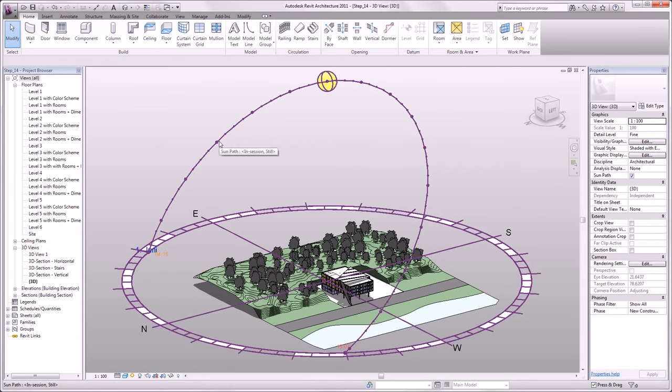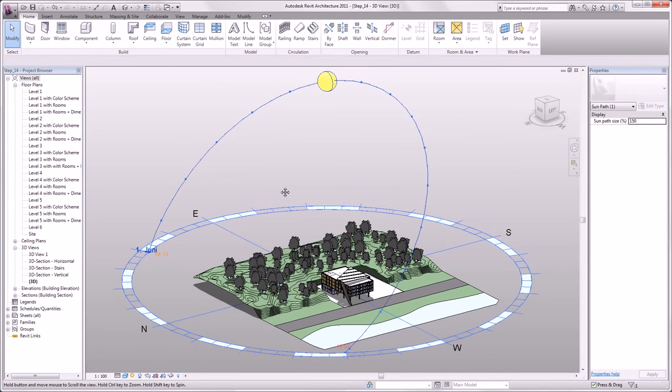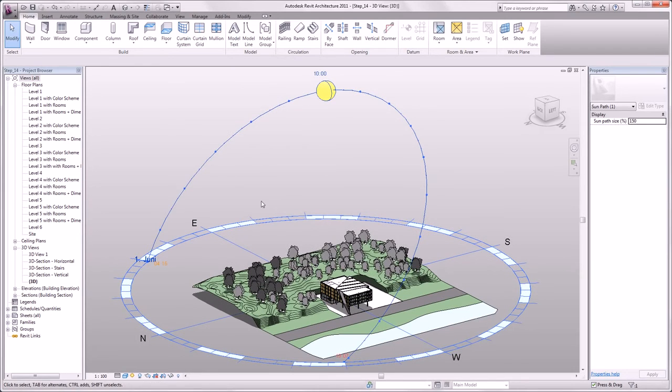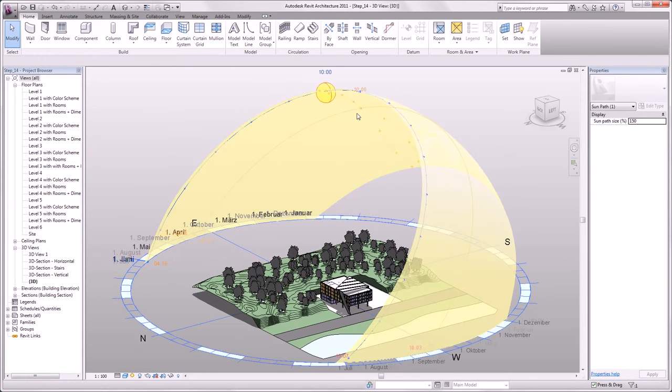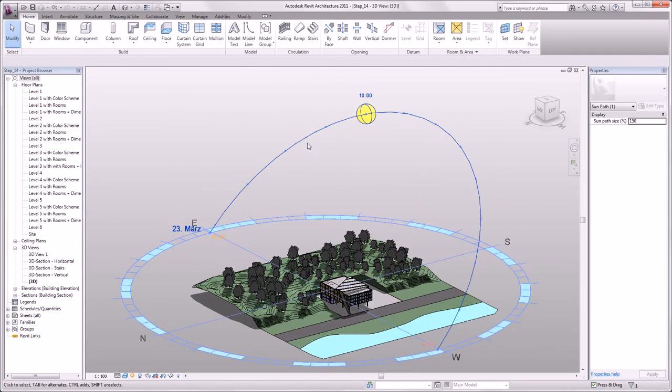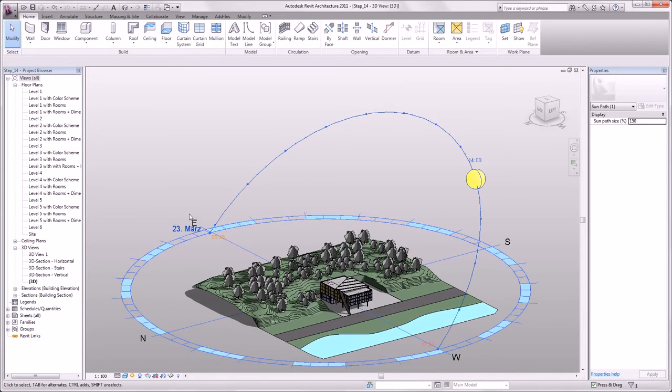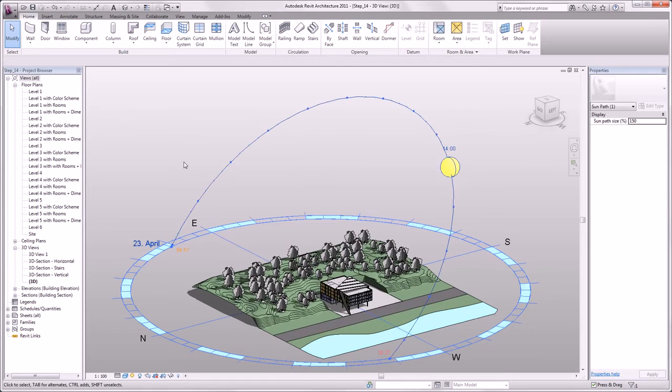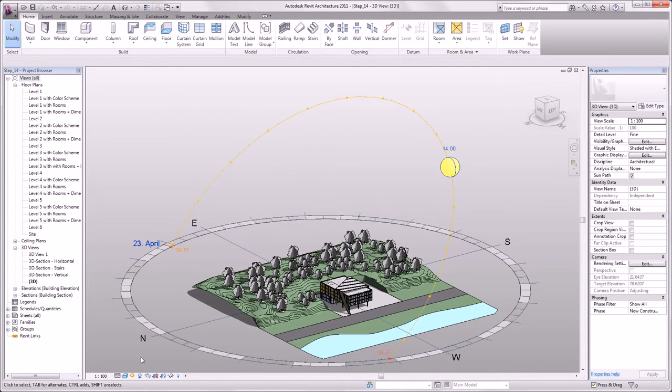If you click on our sun path, you have the possibility to either move the sun directly or put in the time manually, like 2 o'clock p.m. Or we can also change the date to April 23rd. Here you can see the impact of the sun on your project, and that's very useful when you start to design your project. So now we can turn off our sun path,